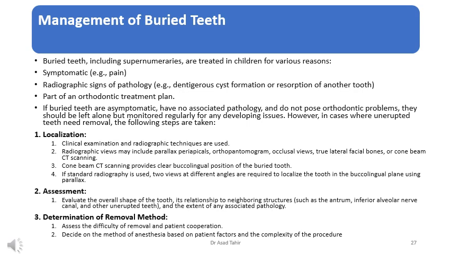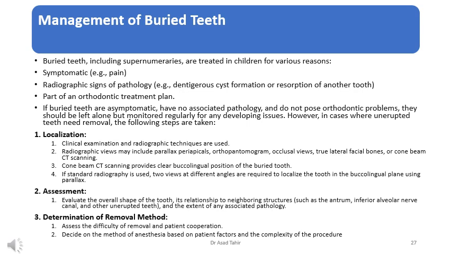However, in cases where unerupted teeth need removal, the following steps are taken. Localization. Clinical examination and radiographic techniques are used. Radiographic views may include parallax periapicals, orthopantomogram, occlusal views, true lateral facial bones, or cone beam CT scanning. Cone beam CT scanning provides a clear buccolingual position of the buried tooth. If standard radiography is used, views at different angles are required to localize the tooth in the buccolingual plane using